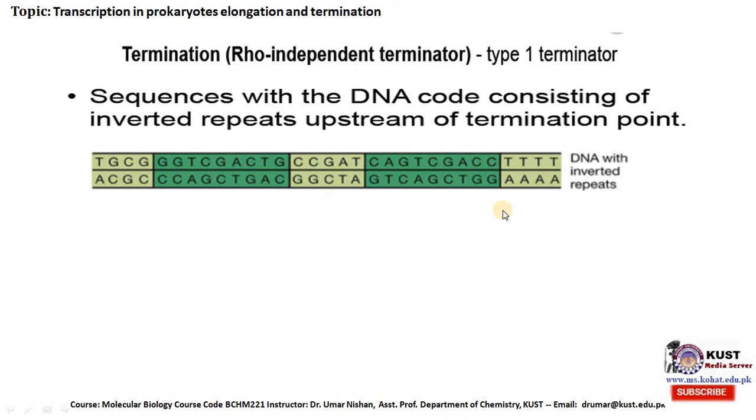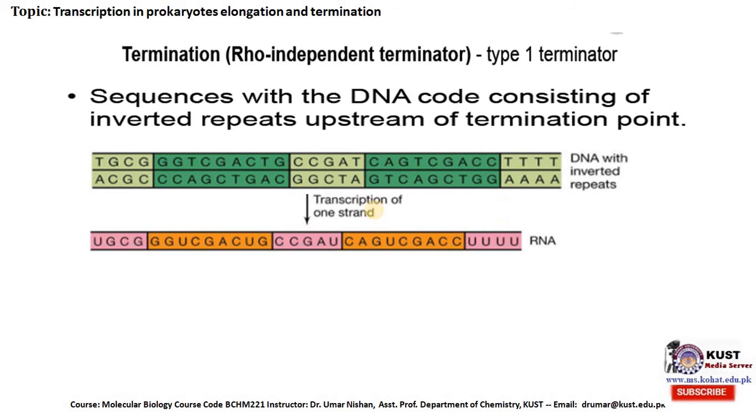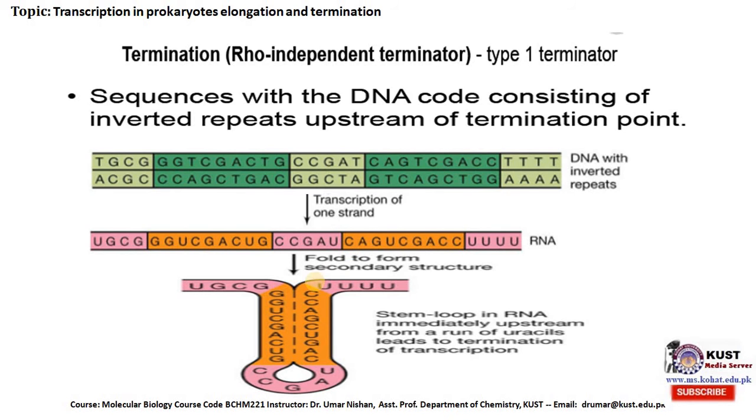These are some of the examples of DNA with inverted repeats, and transcription of one strand will result in this RNA. Now, once this RNA is formed, it has the ability to fold to form secondary structure. You see here,